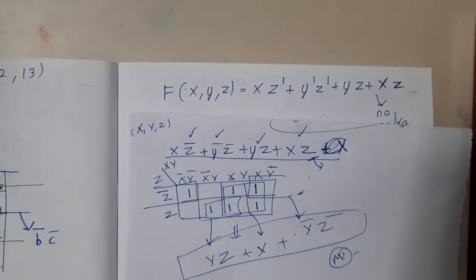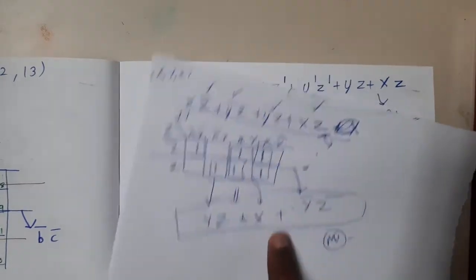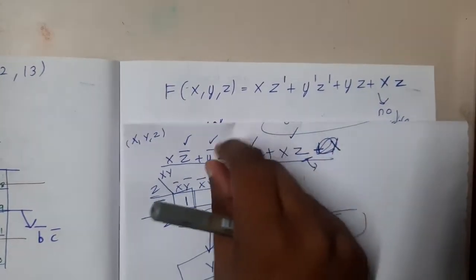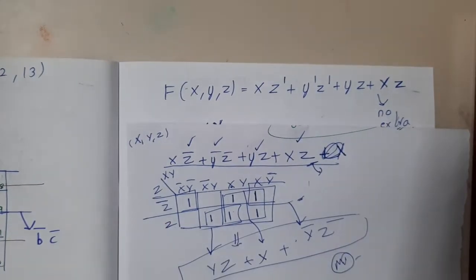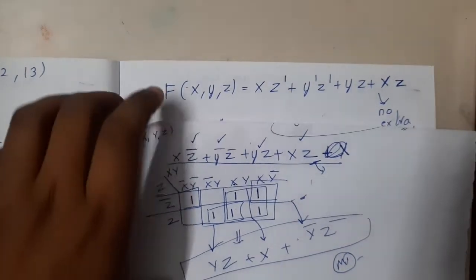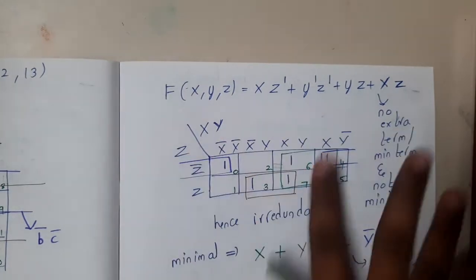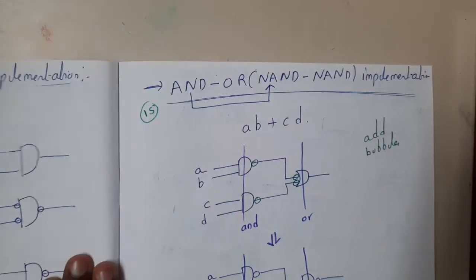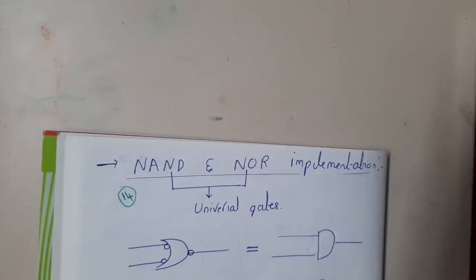Now you are getting some idea, right? This is the minimal expression and this is an irredundant function. I cannot remove something and get the same result, so that is an irredundant function. So now you got an idea, right? That's what is written here, guys. In the last lecture I was in a bit of a hurry, so I did not solve it step by step. Now I hope everyone got a clear idea with respect to that.